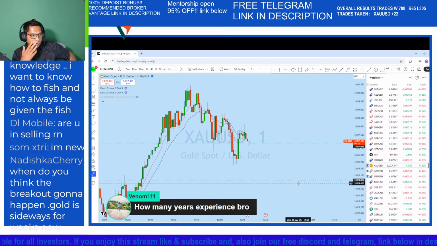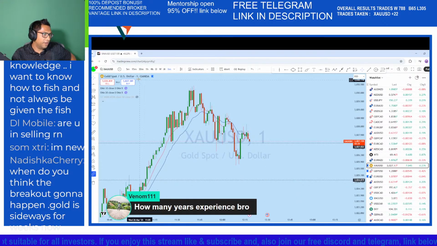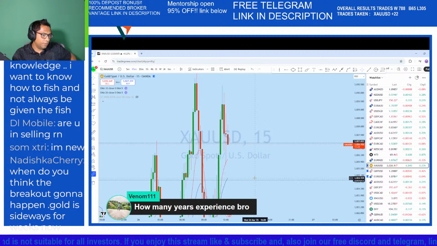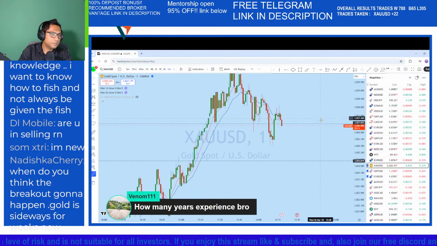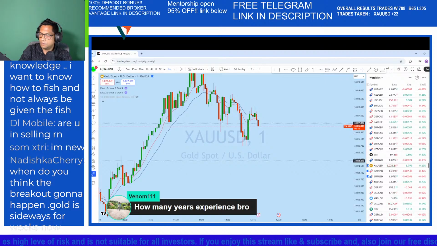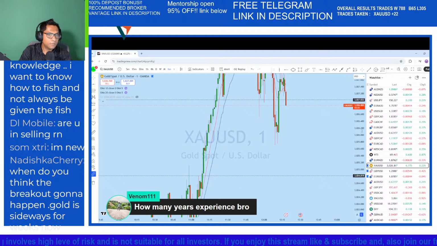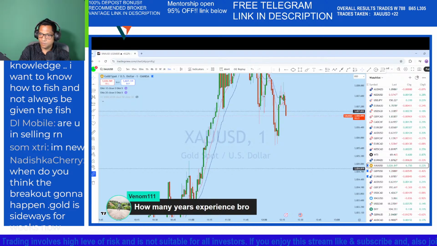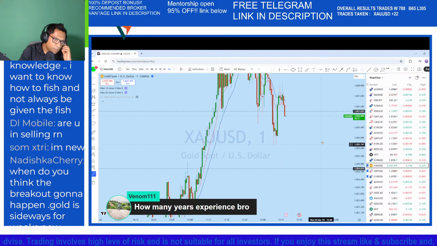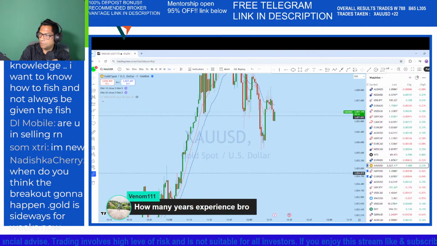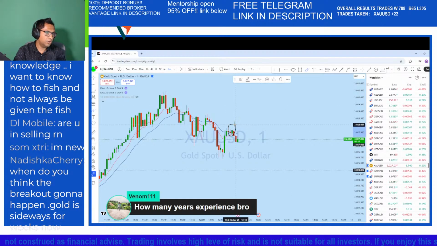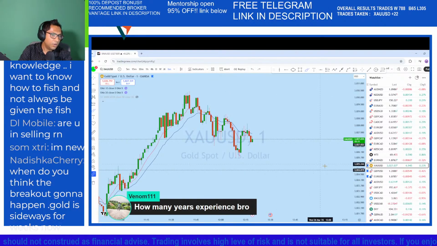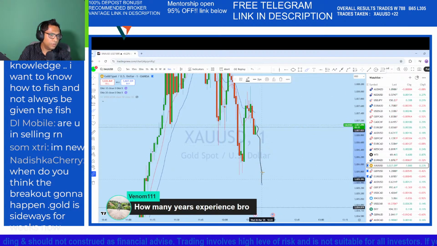Okay, with the false breakout, it has created a possibility to break below here, and in that case we might see a retest of this support. Here is a long wick doji, and the market is trending here. With the trend, we can expect it to break below that level here,